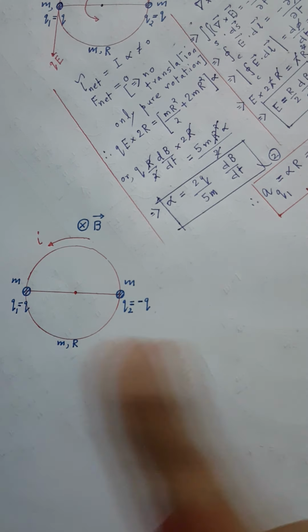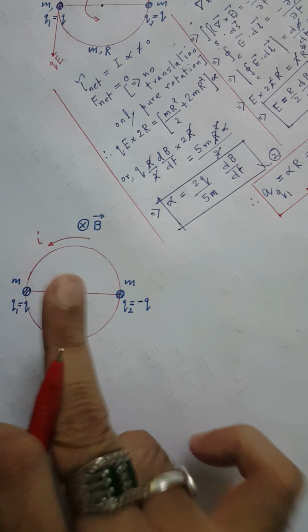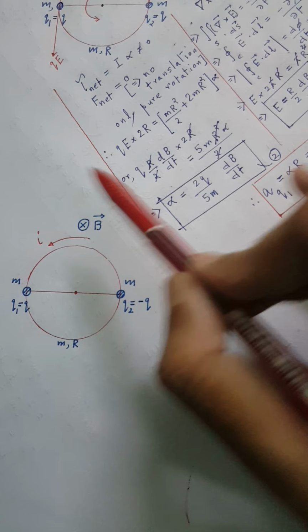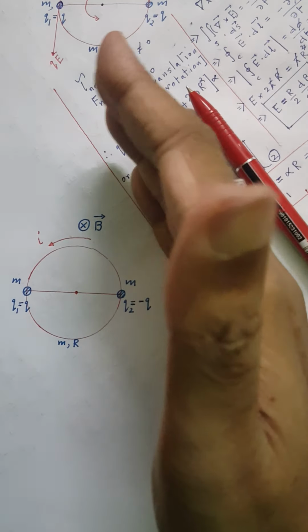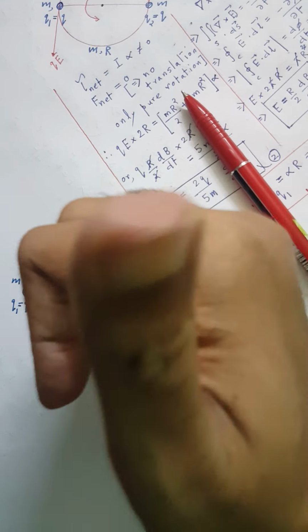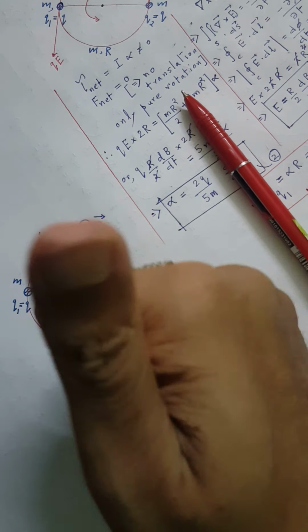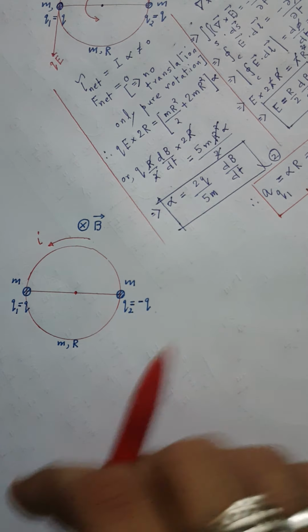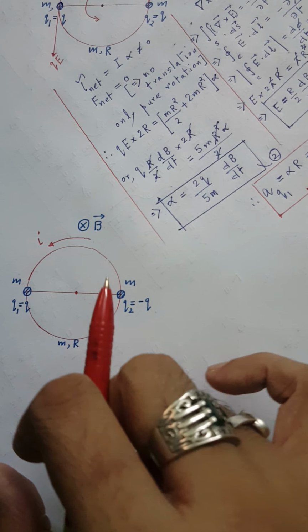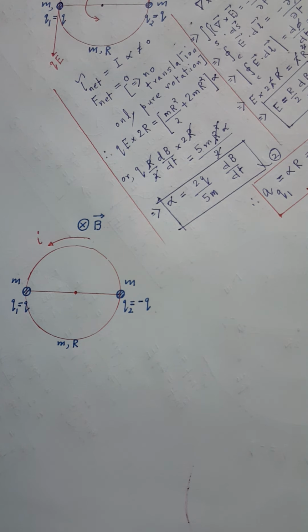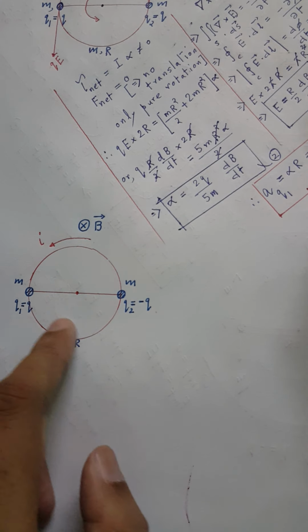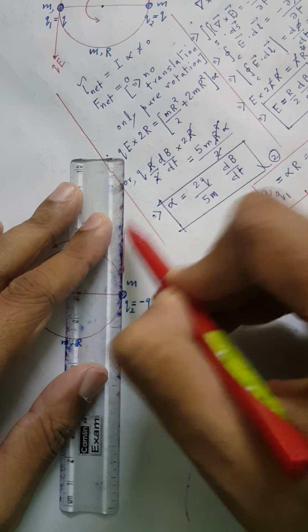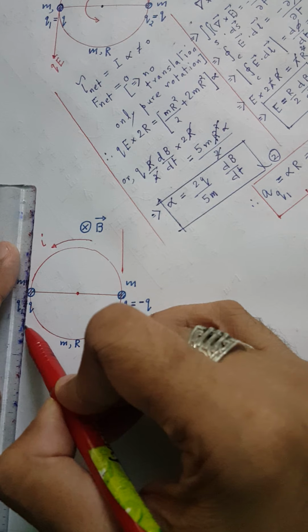Please understand, induced current must flow in such a direction that it opposes the cause which produces it. Who is producing the induced current? This time varying magnetic field. So current must flow in the anti-clockwise sense, so that the magnetic field because of this induced current is upward, which opposes the externally applied magnetic field. Along the path of flow of current, at each and every point, the direction of electric field is tangential. So if this is the path of flow of current, here the electric field will be upward, and here the electric field will be downward.